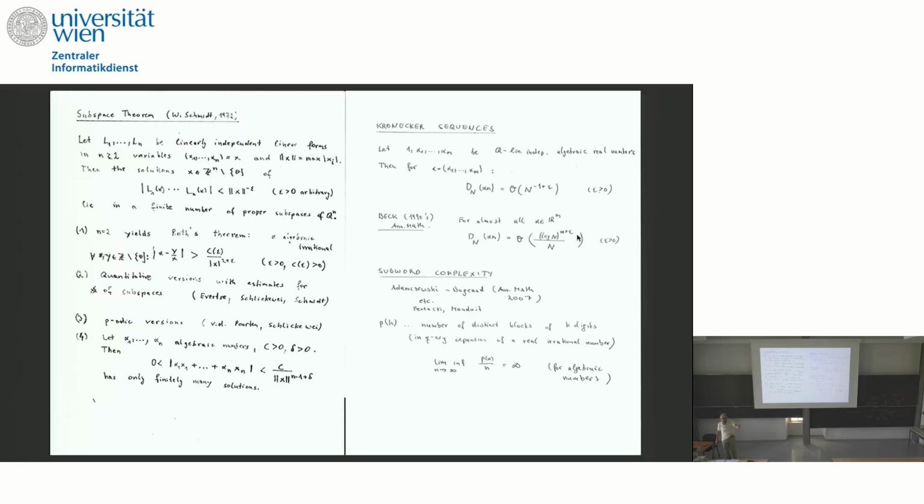Because if you start to compute the solutions, it may happen that your algorithm doesn't end. Yes? So this is a very, very beautiful result, but it does not give you an algorithmic approach to the solution of that problem. Okay, but where are the consequences? For instance, for Kronecker sequences, which are the immediate